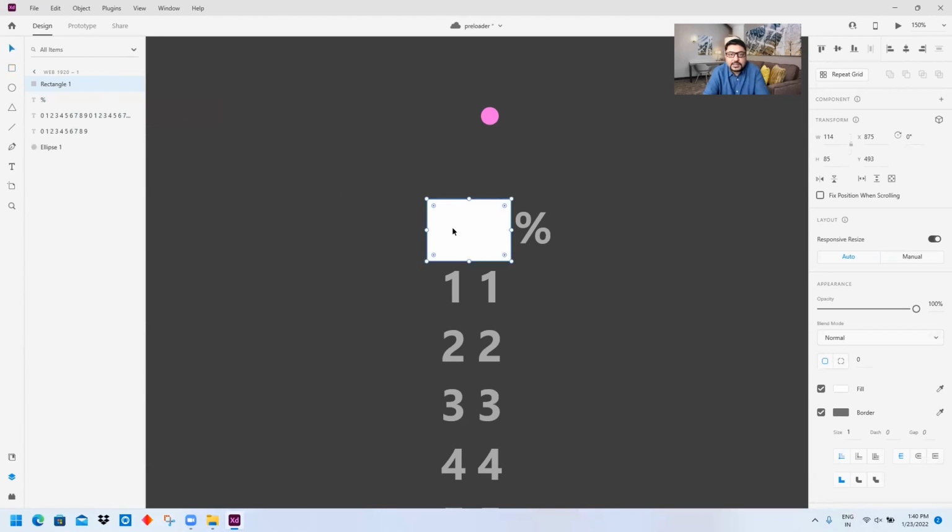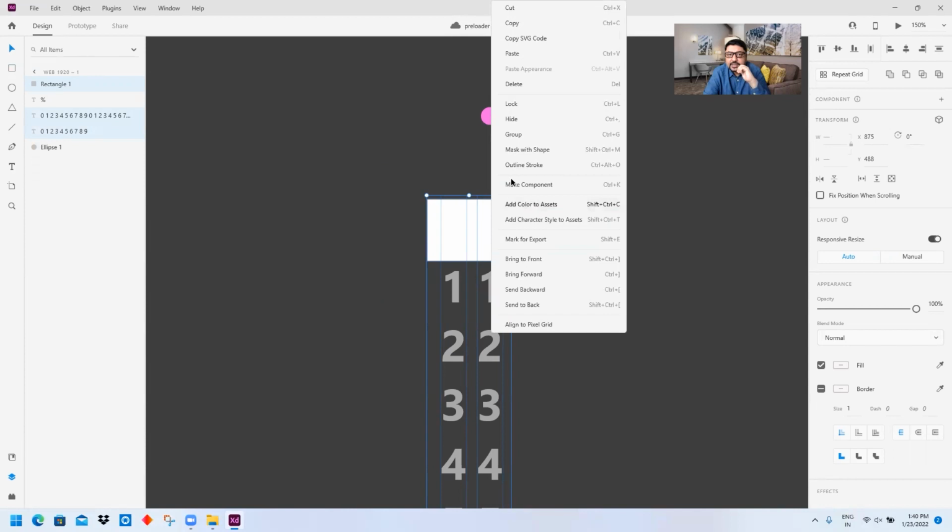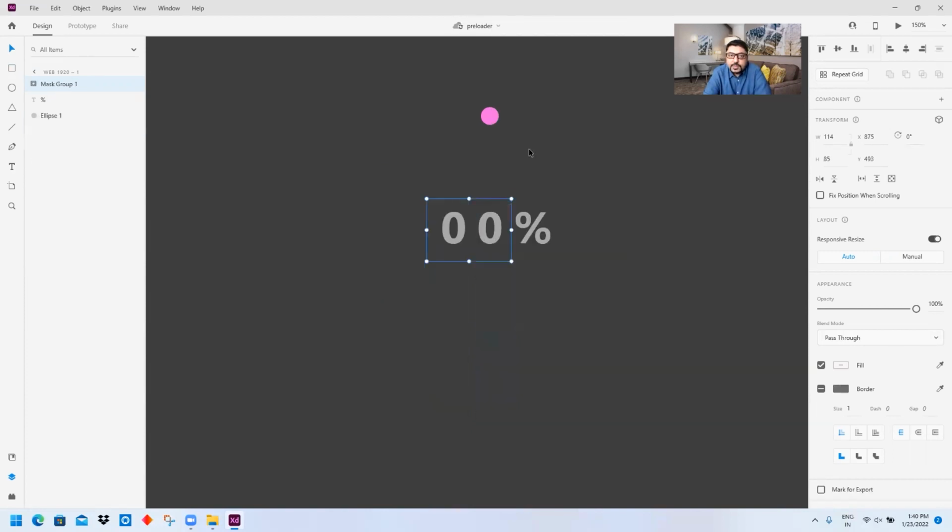Selecting the rectangle and the two digits, I will press Shift Command M, or right click and choose Mask with Shape, or Shift Control M. Lovely. Now all these digits are there, but they are masked or hidden, so anything outside this mask cannot be seen.